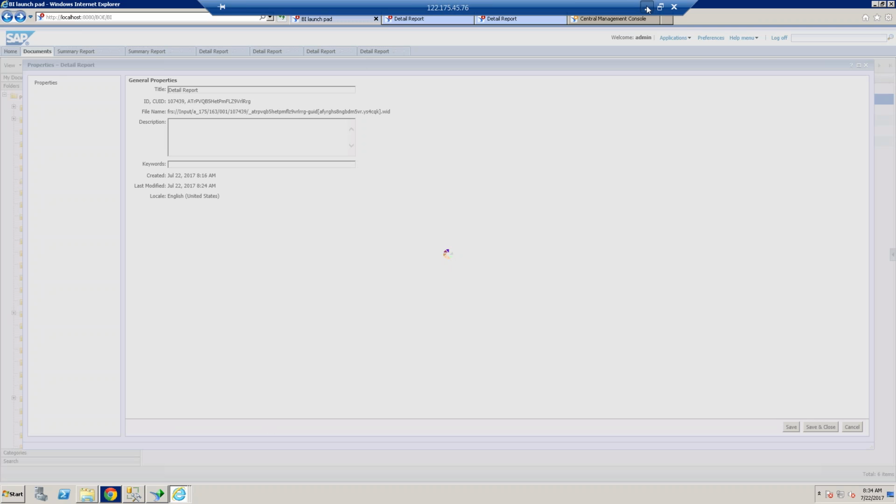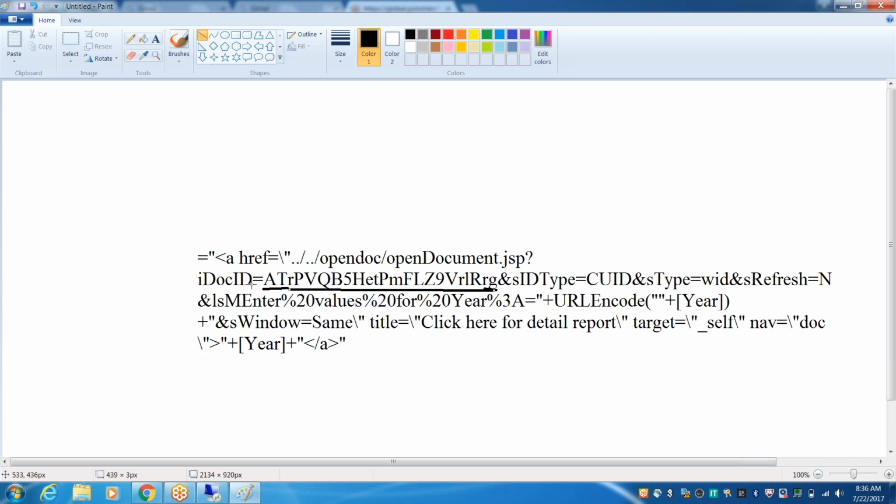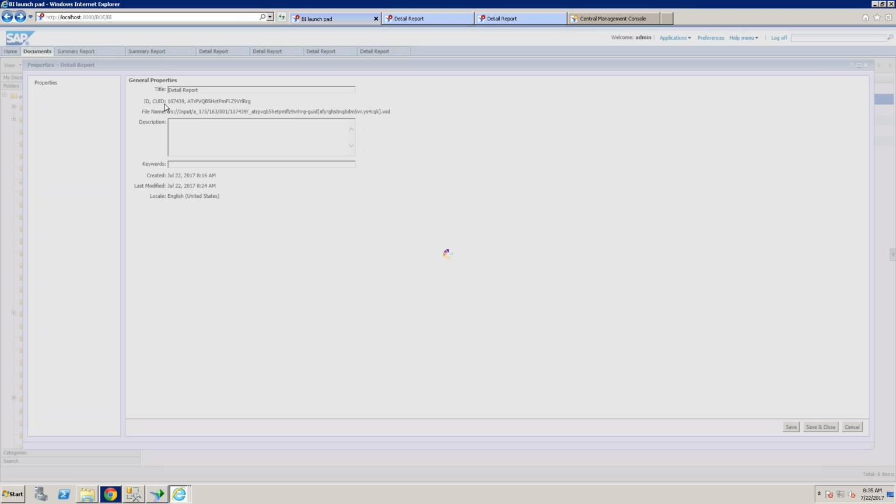In a similar way, the hyperlinking functionality uses the ID and CUID to open a detailed report. So how does it identify? I need to open this report based on this IDOC ID. Based on this IDOC ID, it opens the detailed report. And SID type, CUID, right? So if you look at here, SID, you can select the ID and you can use the CUID also. But manually, when you write hyperlinking code in 3.1, we used to write ID only. We used to give the ID only instead of the CUID.